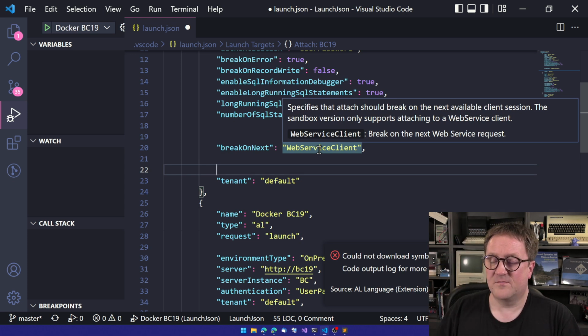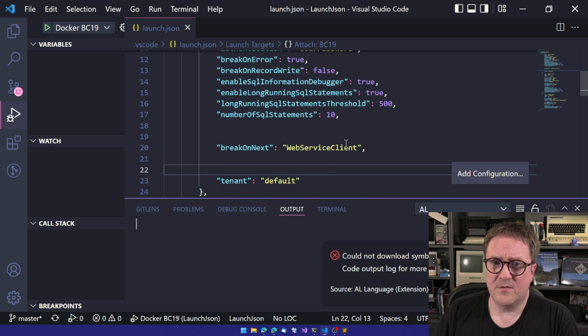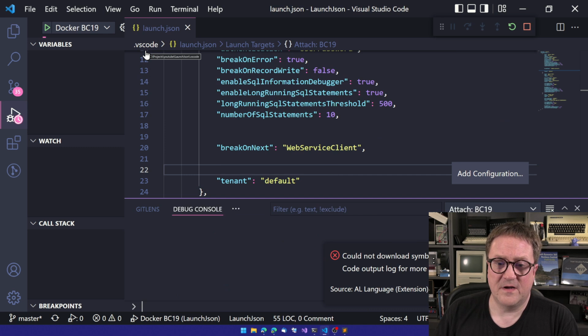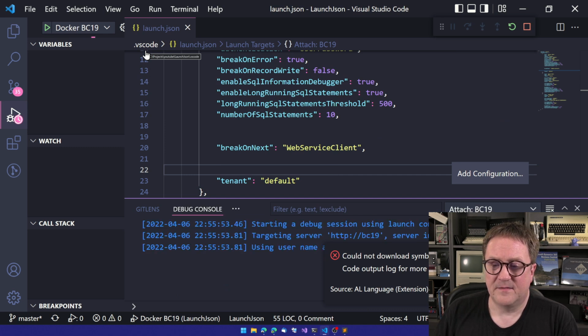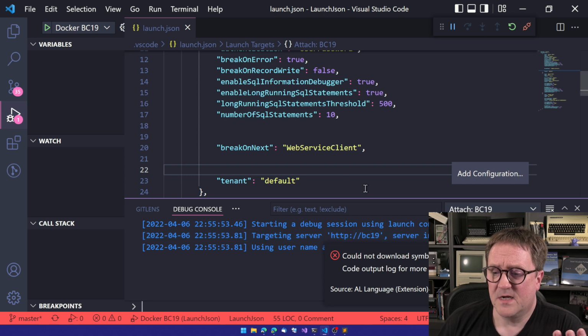In this case, it says web service client, meaning that the next, so if I do an F5 now and I select my attach thing here, then we can see the debugger is started. We don't get the web browser because that makes no sense. Now it's waiting for the next web service call that is made into